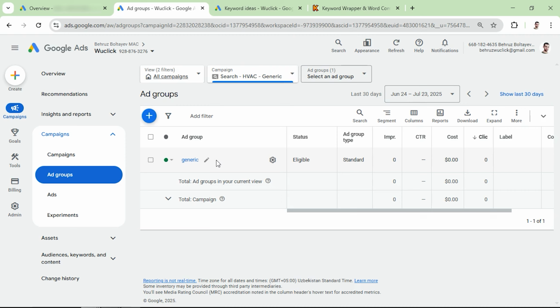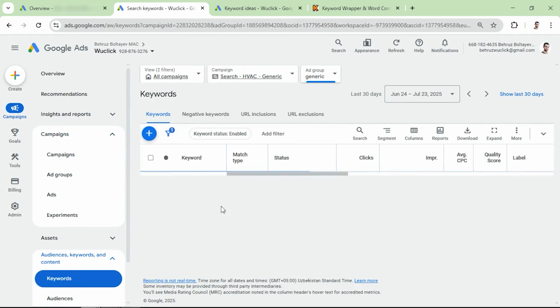But one thing to keep in mind is you should install your conversion tracking, because you should know whether Google Ads is working and how many phone calls you are receiving from Google Ads, or how many form submissions you're receiving from Google Ads. To know that, you should install your conversion tracking. At the initial steps, if you remember, we have skipped that step because you should finish that step first. You should create your campaigns. And before running your campaigns, you need to install your conversion tracking so that you're going to be able to measure whether you're getting phone calls or form submissions from Google Ads, or which exact keywords are bringing phone calls